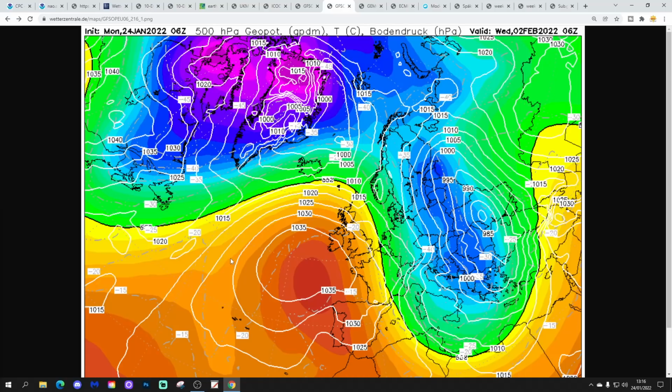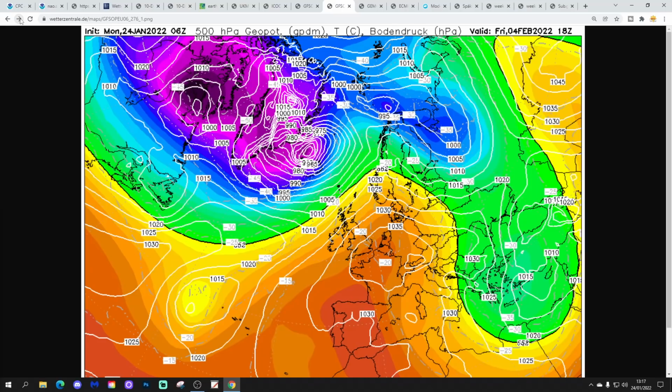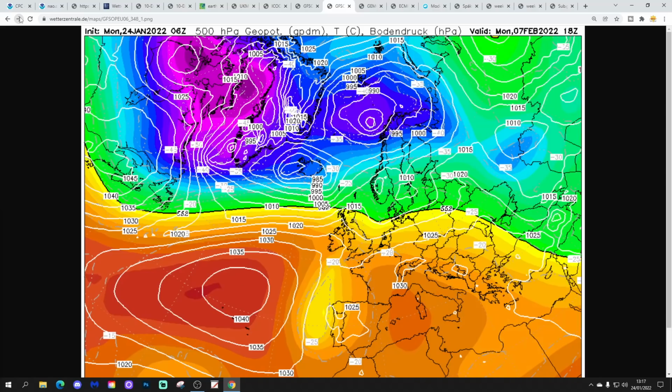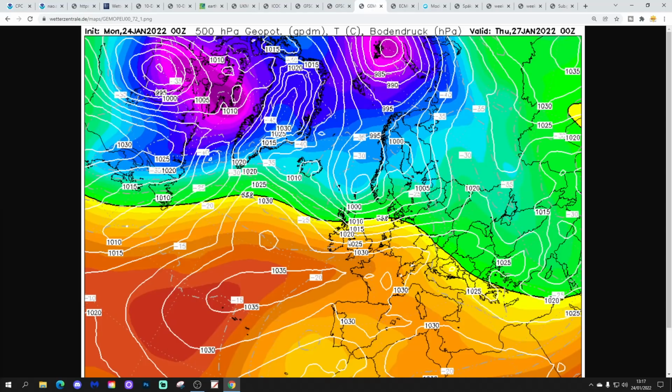But by the 2nd, already, the winds are backing into the west. So you can hardly even call it a toppler, really. Just like a 24-hour sort of thing, and then it's gone and the cold air is shoved over to the eastern, southeastern part of Europe again. And then with the 6Z there, we go back into that idea of high pressure just sitting close to the country, south and east, trying to get a little bit more unsettled to the north and northwest, but overall staying pretty mild through the first week of February. So a one-day cold snap, and then the rest of the time is just generally mild.